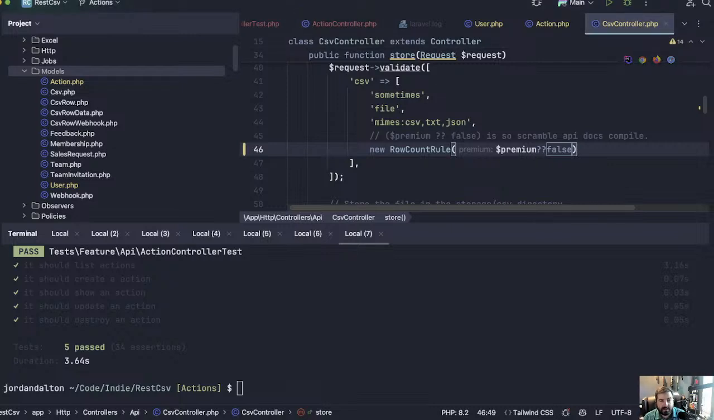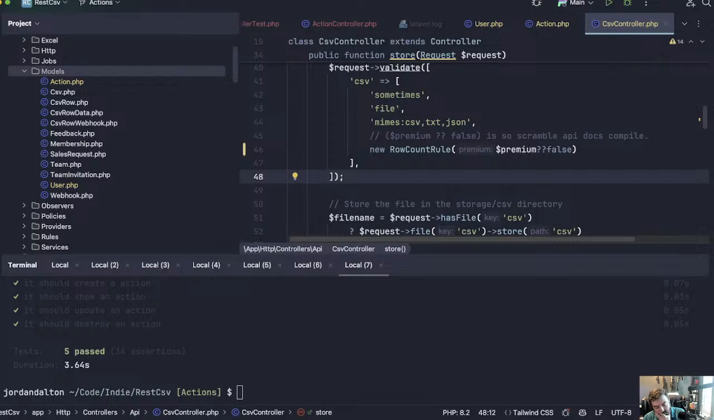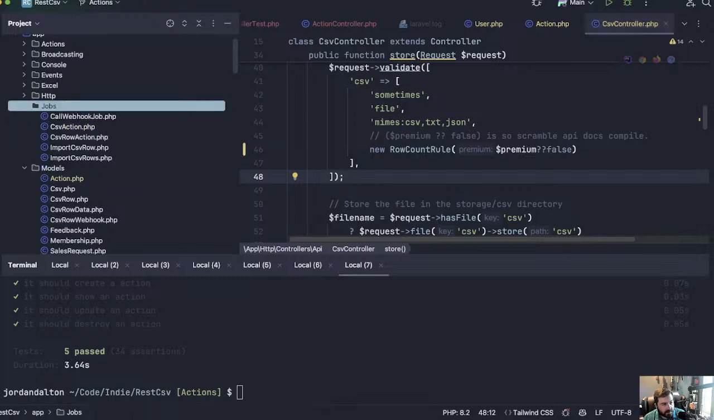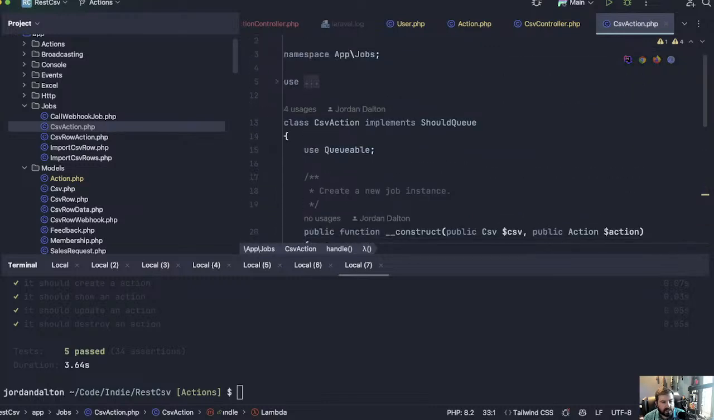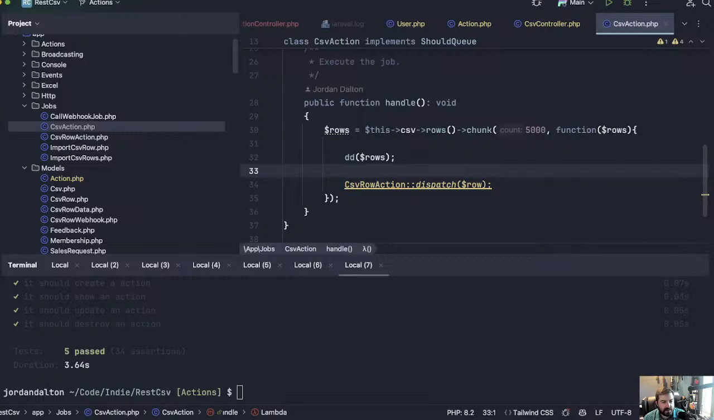So we're back. Okay. So we got that going. We got the API documentation. Now, this is just so we can get the action into RestCSV, but now we have to. I do have the job that could execute an action. So CSV action. Okay, so I have a job. I just haven't done anything with it. Oh, that's right, because